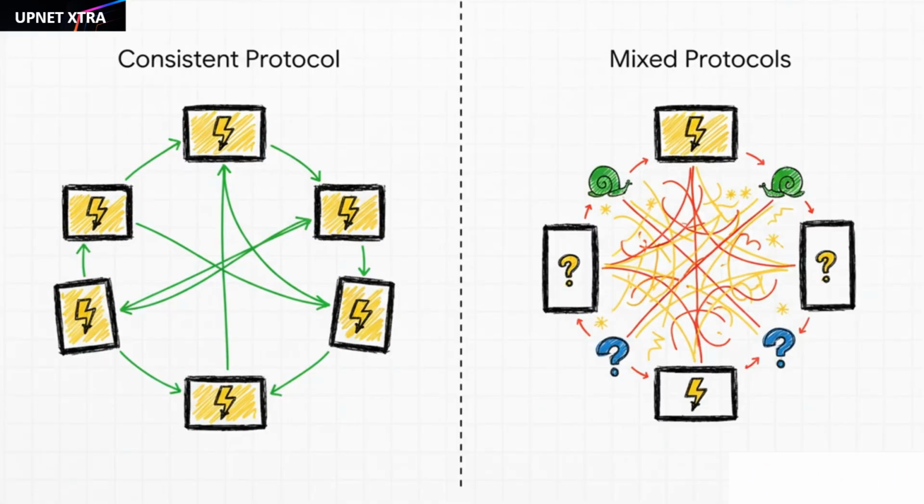The good news here is that pretty much any modern switch you buy today is going to default to a rapid version like RSTP. So the big takeaway is simple. Pick one of these modern protocols and just make sure you're running it consistently on every single switch in your network. If you start mixing and matching, you're just asking for trouble and slow recovery times.